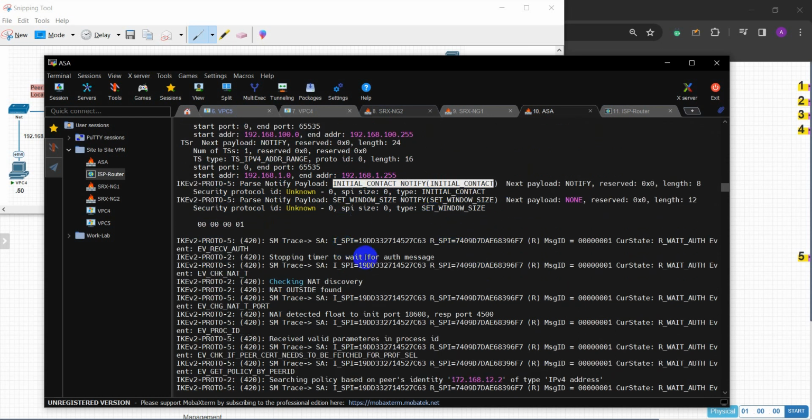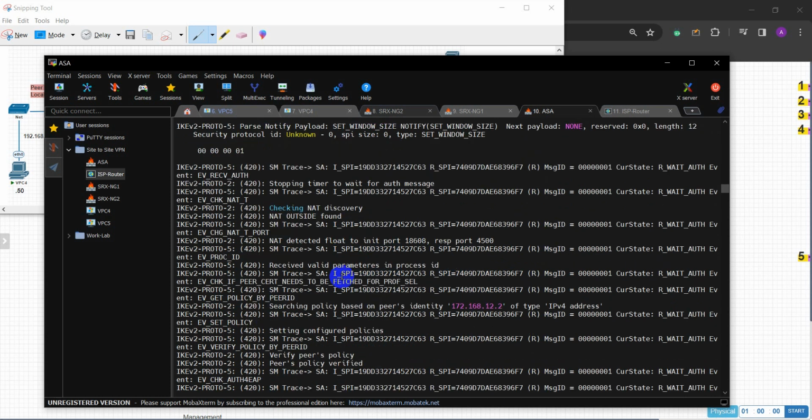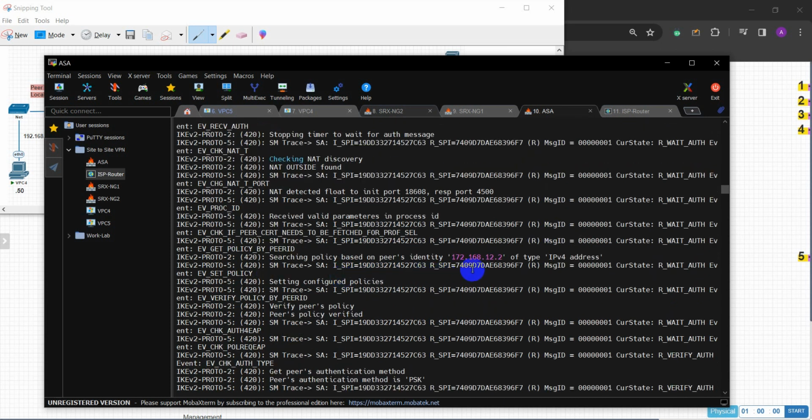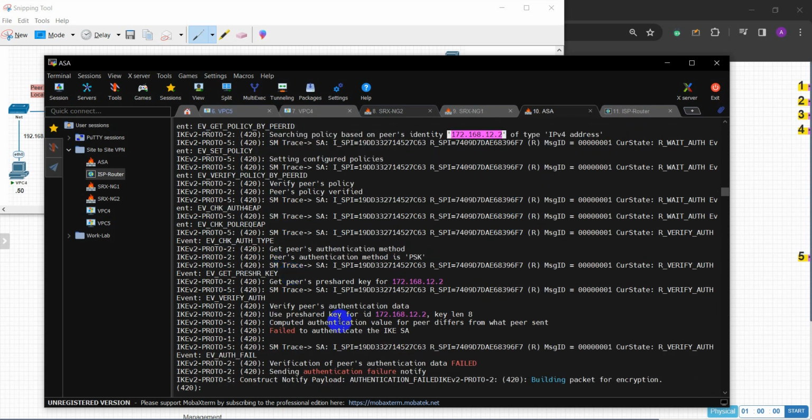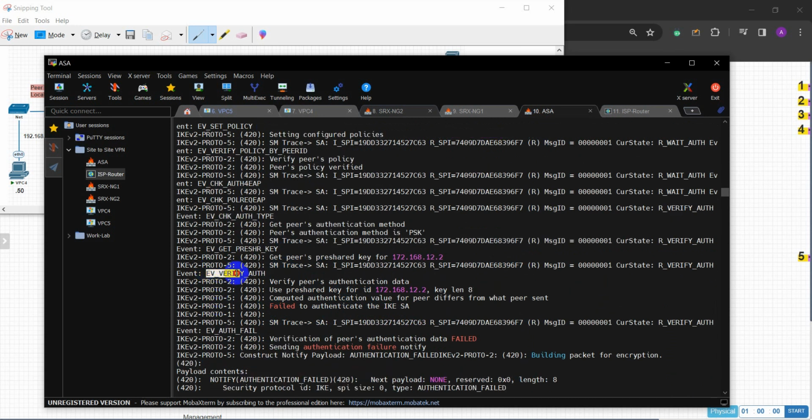All right, we just carry on checking. Peer identity, you can see that it has detected that it's behind NAT, and it can now see the identity, the IP address of the peer. Okay, so here we can see it's trying to verify the peer,